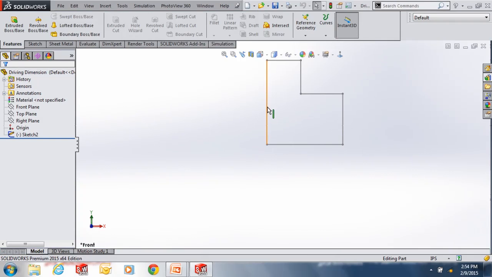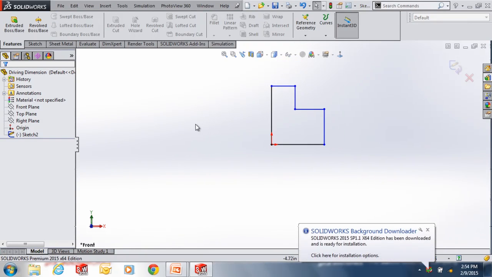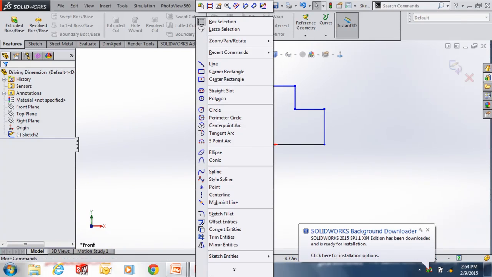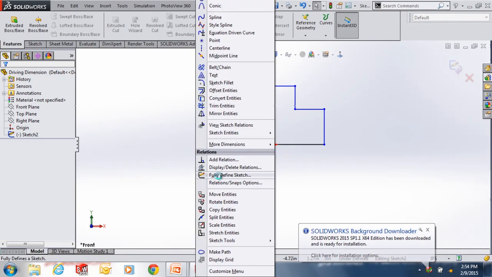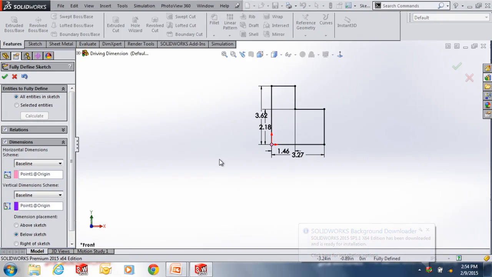You guys probably know this. If you double click the sketch, it will actually take you into it. Another tool that's not used a lot, but it's pretty helpful, is something called fully defined sketch. If you right click, you can do a fully defined sketch, and it'll add your dimensions to a sketch to